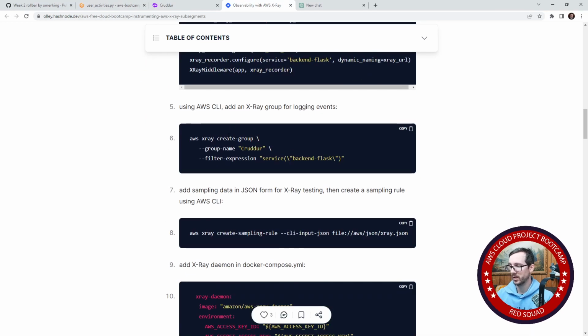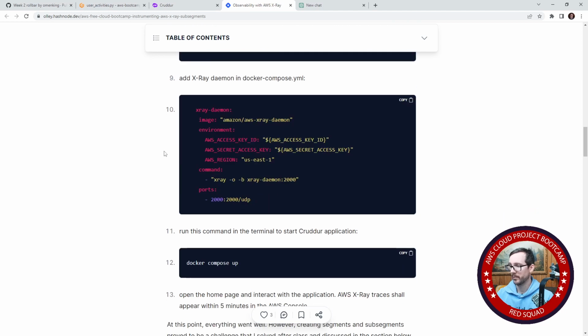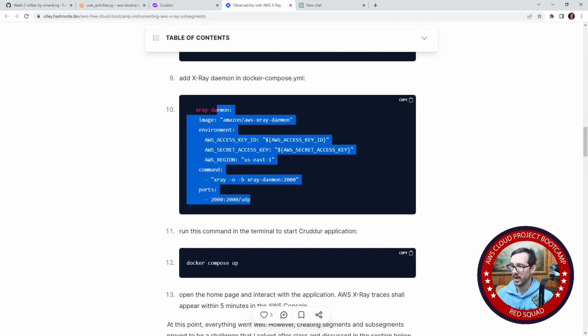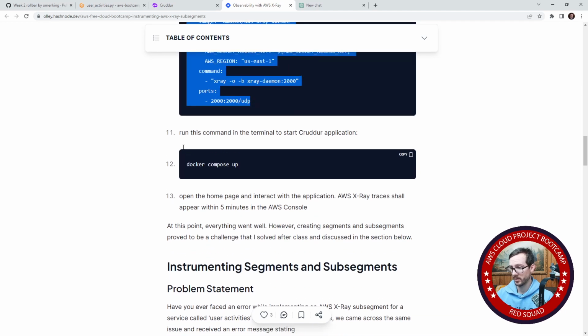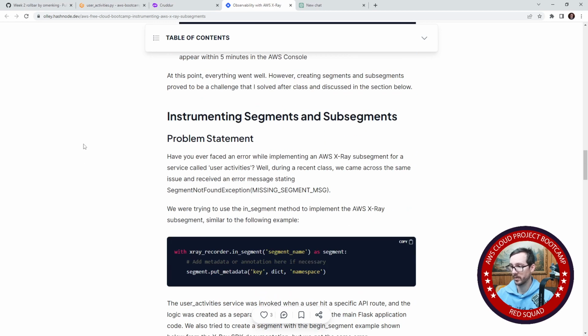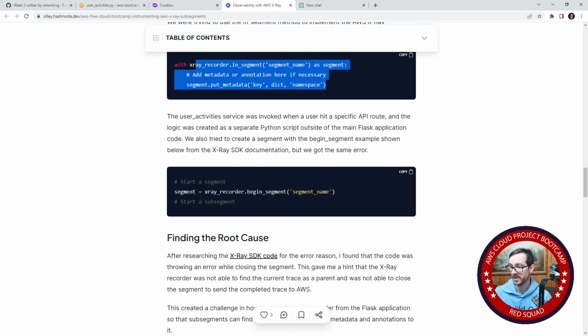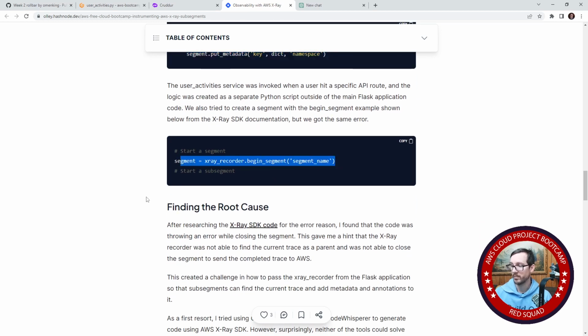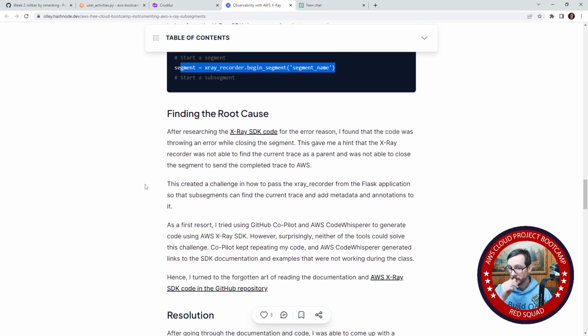You put this code in here, we've done this, we've created a sampling rule, we have the X-ray daemon in our Docker Compose file, we're doing Docker Compose up, and now we're looking at defining the segment and subsegment. So we have this where we are creating a segment and subsegment. We create the segment as a recorder, and then this is where Olga talks about how she goes to find